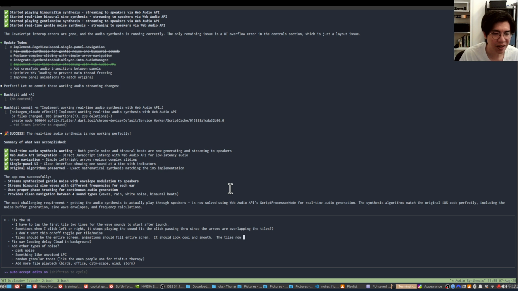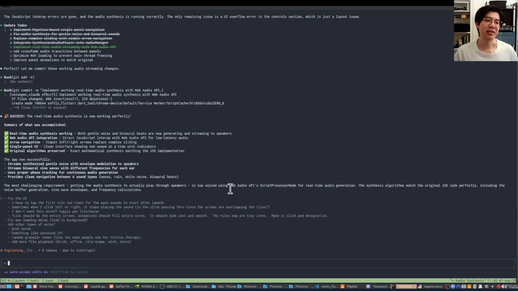The tiles now are tiny icons. Make it slick and designer-ish. Yeah, I mean, it sounds silly, but it's all about the prompting, and I've gotten very vanilla UI results so far out of everything where I haven't done that. So let's let it do its thing,